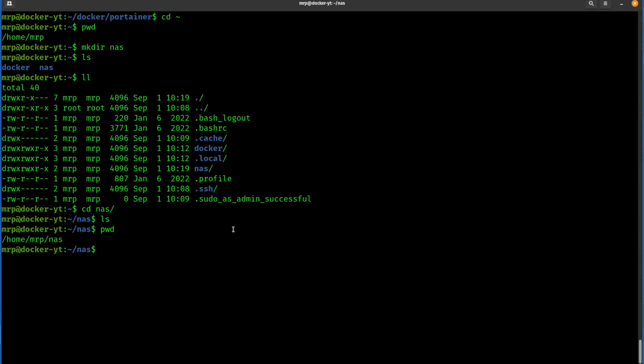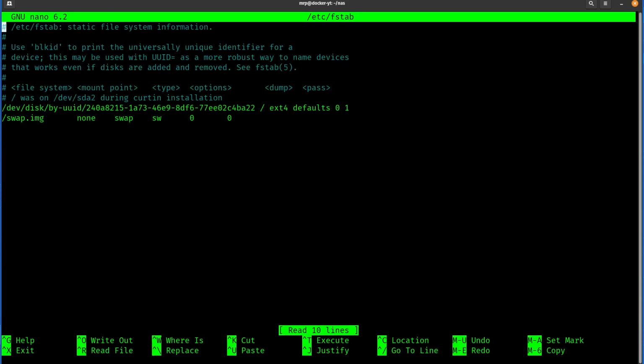Go back to the terminal and sudo nano /etc/fstab. So sudo, using super user, I'm using the command nano, or text editor nano, and I'm amending fstab. Fstab is a file system file that is responsible for auto mounting stuff to your system. So we're going to add this one here. We're going to make a space. Let's say NAS. So